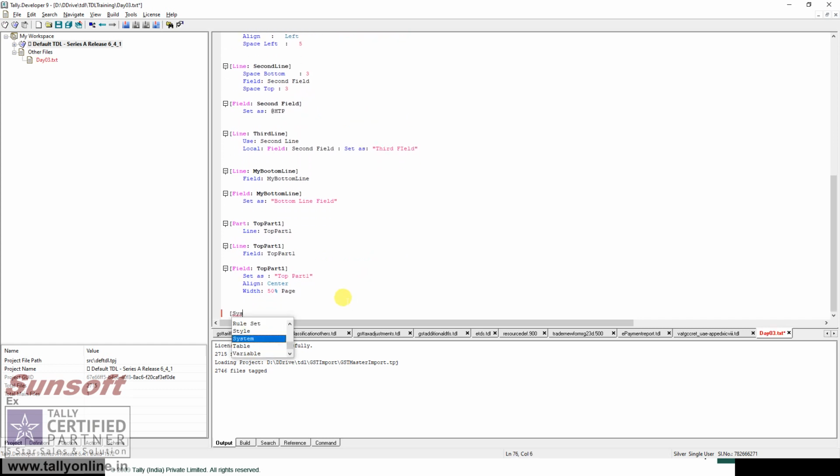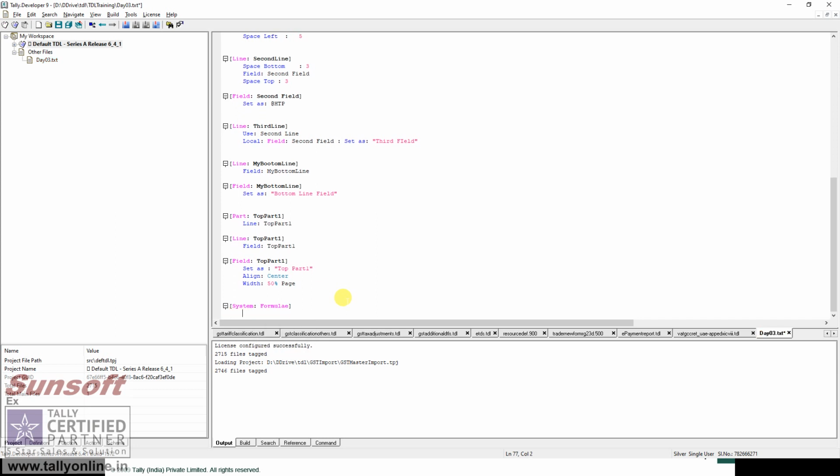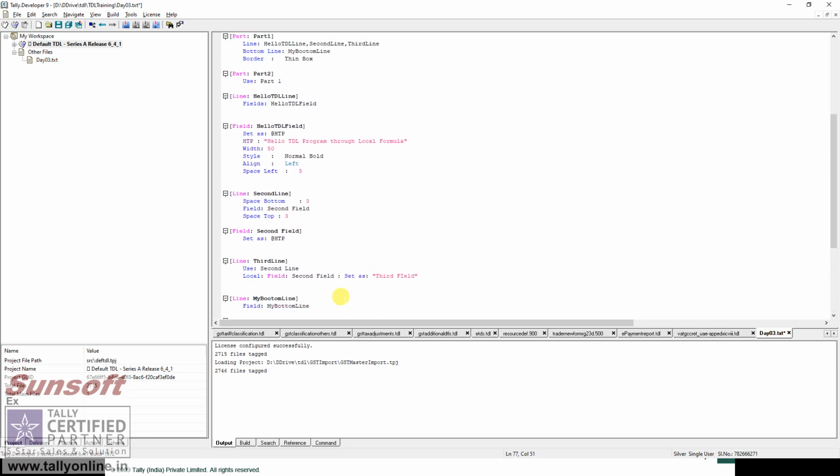At the bottom I define a system formula. I say SFHTTP, that means system formula HTTP. I gave it a value hello TDL program through system formula.